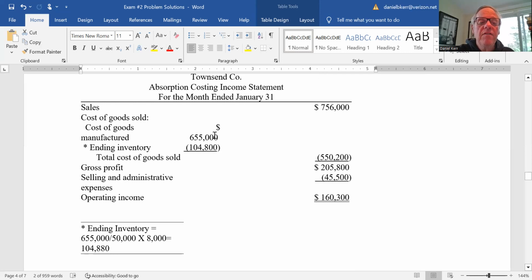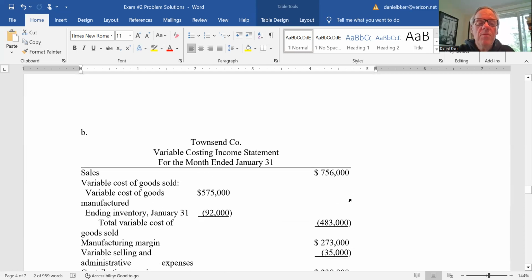So the cost of goods manufactured minus the ending inventory will give us the cost of goods sold. Subtract out all the selling and administrative expenses, and then you get 163,300. Now, before I go any further, I know I had an increase in inventory. If you have an increase in inventory, you know absorption costing is going to give you a higher net income figure